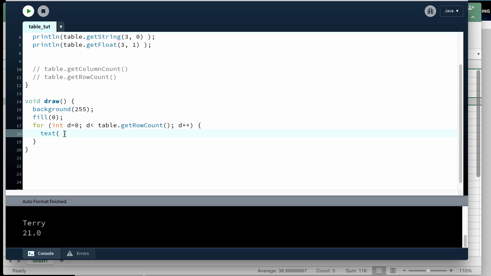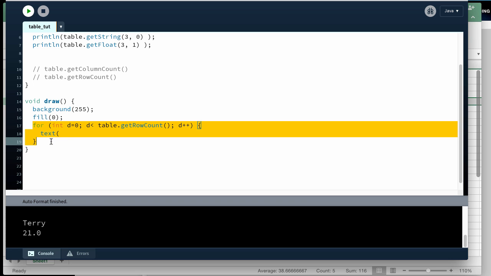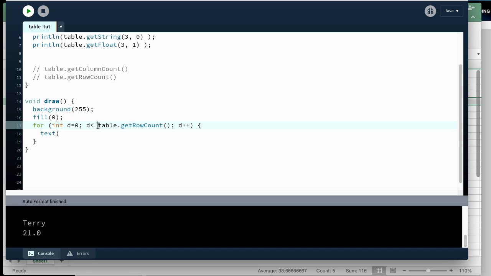Okay, so now that I have these three lines here, the text is inside of this for loop. Now I can remember that really this number here is 14. Table.getRowCount, we remember that was 14 before. So this loop is going to run 14 times, or between 0 and 13. So if I want to spit out the names of this text, I could say the actual string is going to be table.getString,